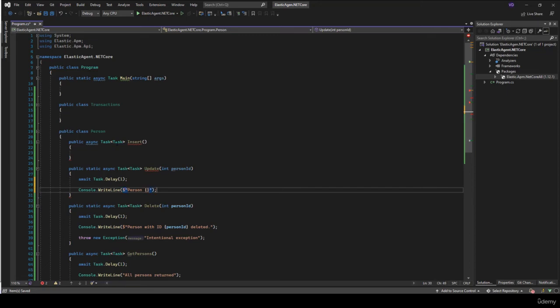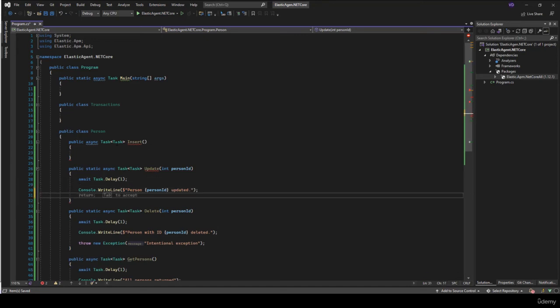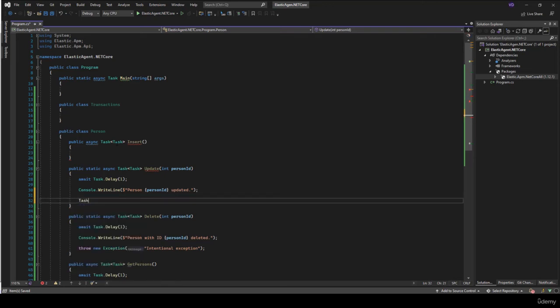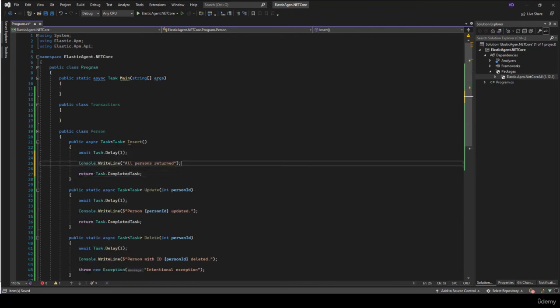Okay, sounds reasonable. So let's keep it like that, simple, stupid, just to be able to explain the functionality. And let's return, of course, a Task, completed task, return it, right? So there we go. And then on the insert side,